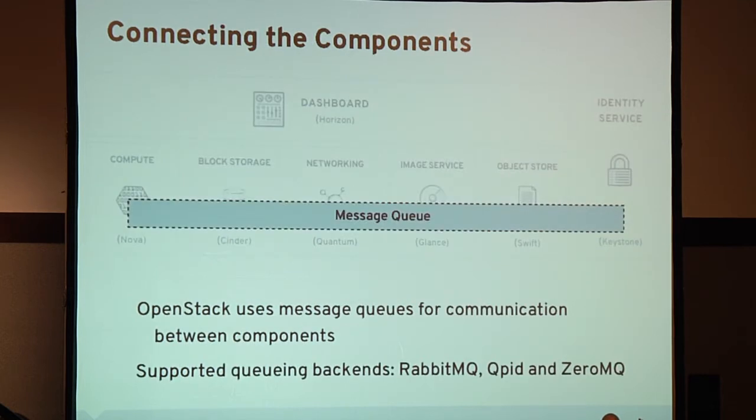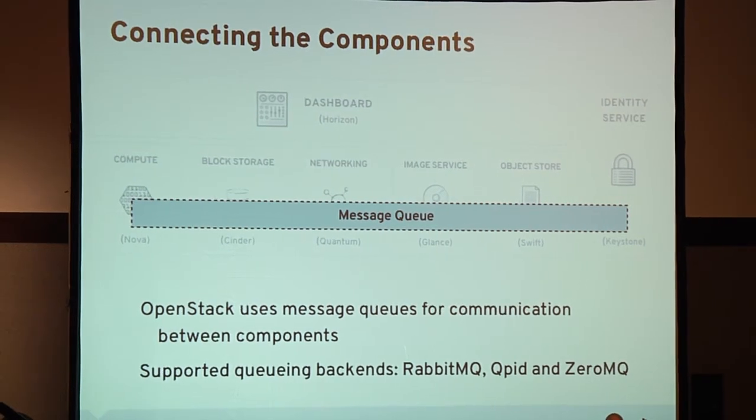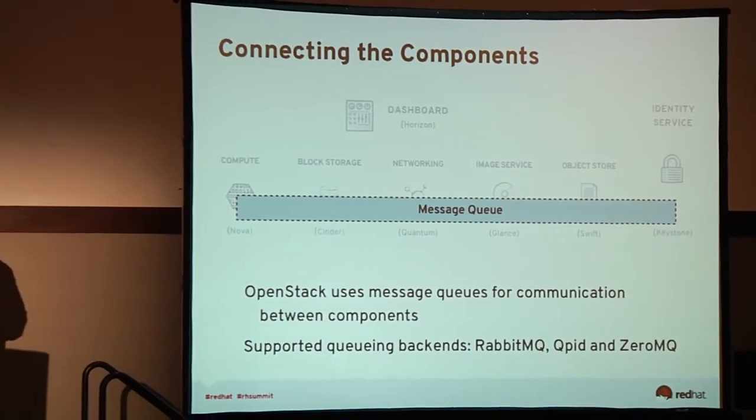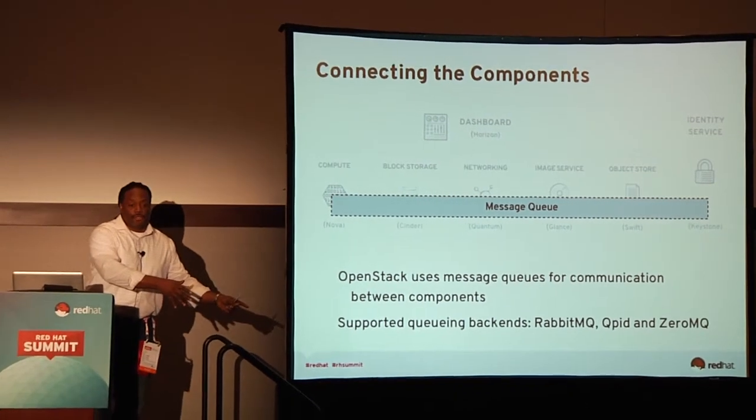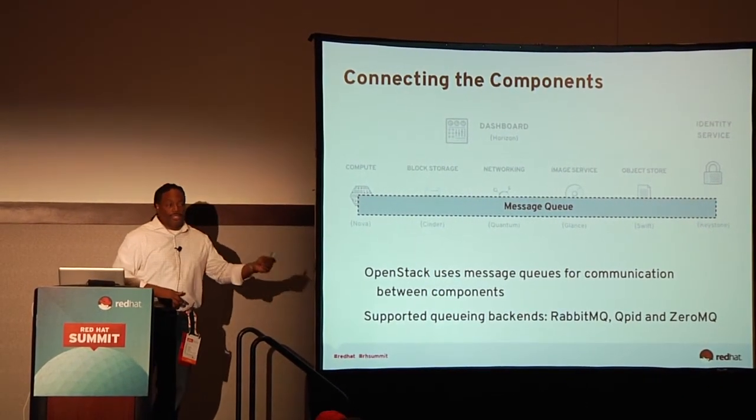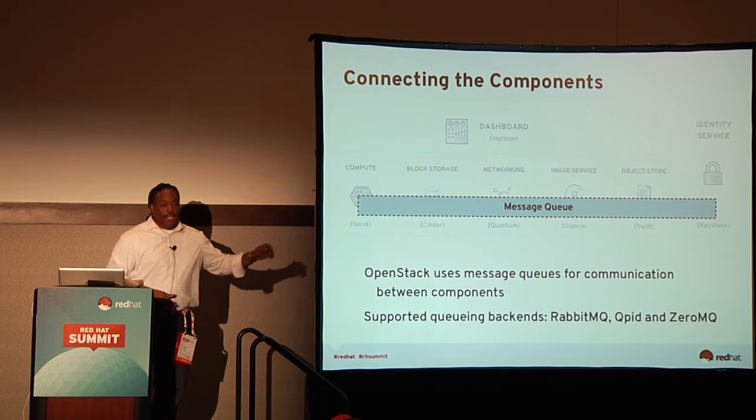Okay, I took this slide out, but I figured this was a 2, so I left it in. The way OpenStack components talk to each other is basically with what's called a message queue. There's a couple of queues that we support on the back end, most notably Rabbit, Qpid, and ZeroMQ. So if a request for a virtual machine comes out, it gets put on the wire, so to speak, and then the compute nodes listen to what they're supposed to do, and it's all via the queue.